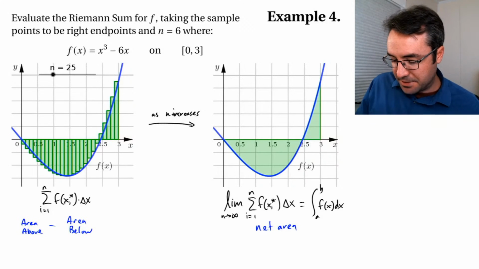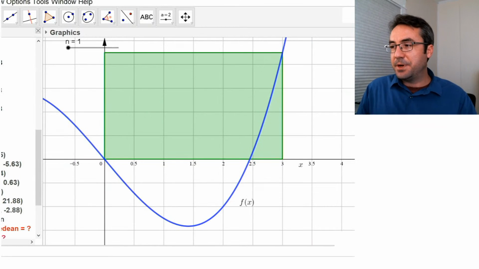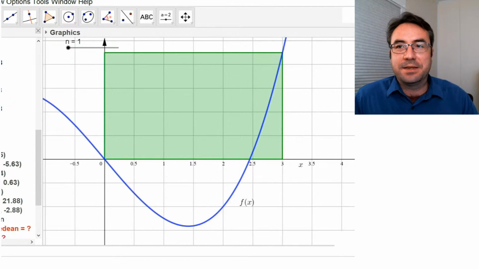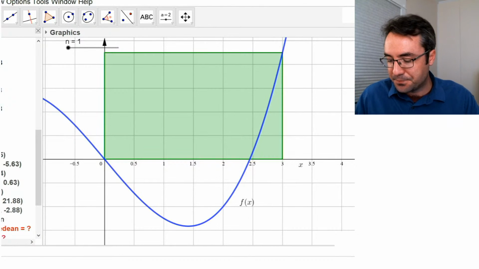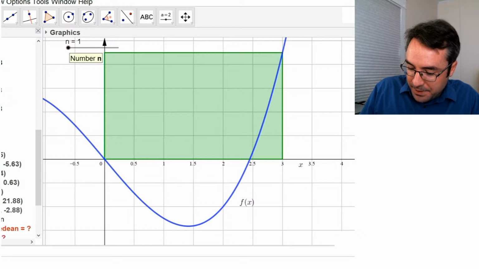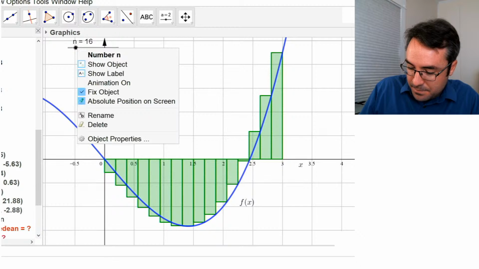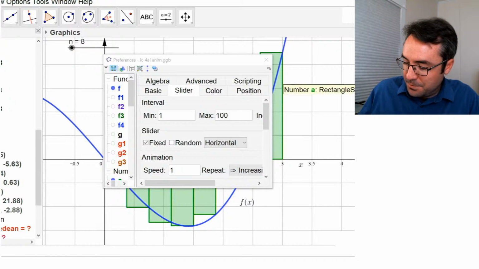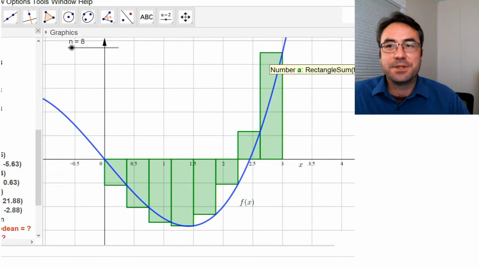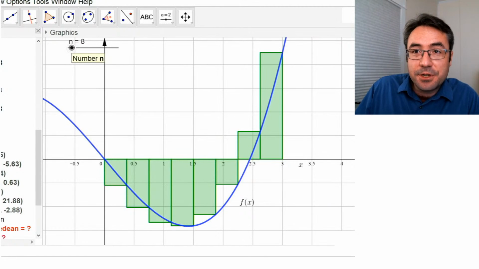So let's see a little illustration here. Here's our region, and we're using one rectangle, so it's not very good. And we're using right endpoints here. There's 8 rectangles in this one. But as n gets larger and larger,